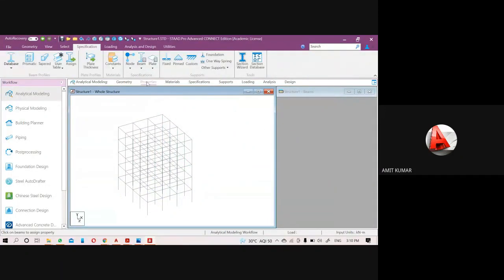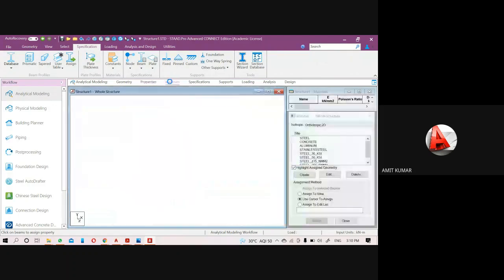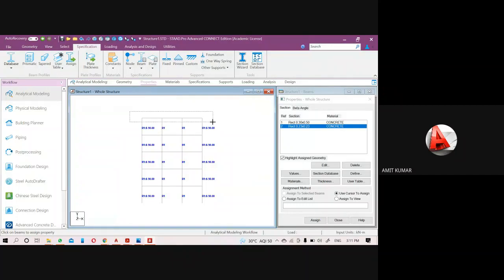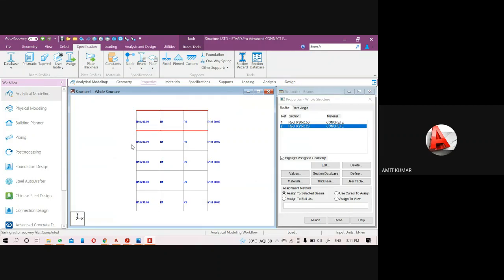Now come to the properties again. This time I will assign this property to the beams only. So again, arrange the structure in the front view and select the beams only. This time please try not to select more than 50% of the column.